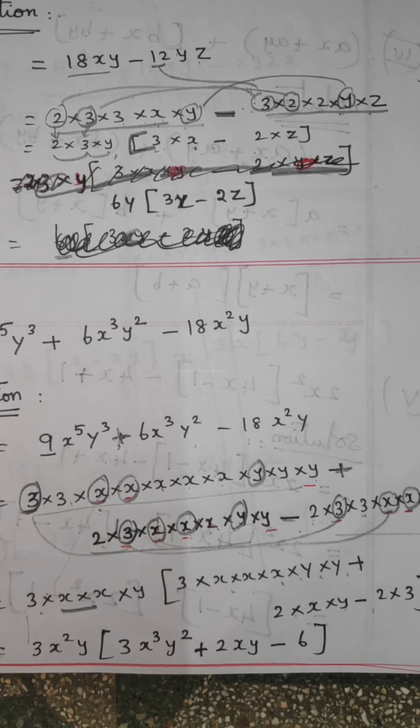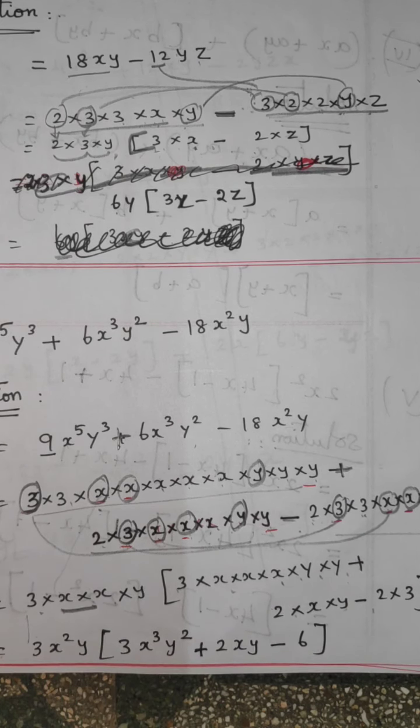This sum is very easy. x into b minus 2c. First read the question: x into b minus 2c plus y into b minus 2c. Solution: write the same question. See the bracket. Which one is common? Here b minus 2c, here b minus 2c. These two are rounded. For these two you write one b minus 2c. Which is still not rounded? Here x is not rounded, so write x, here plus y. Next bracket, and the work is over.